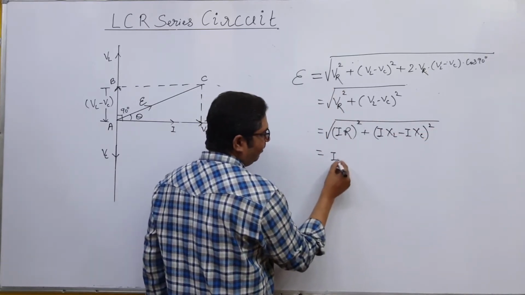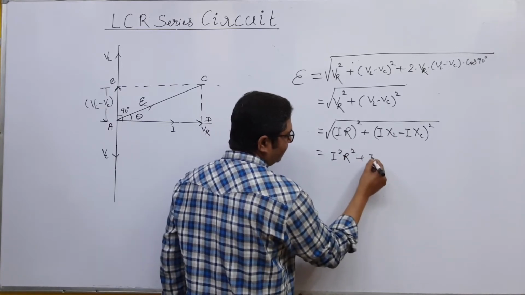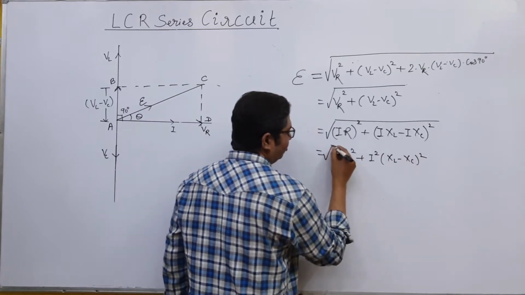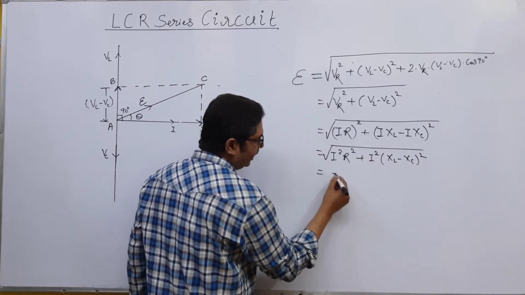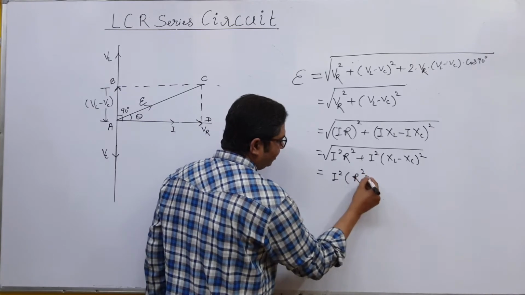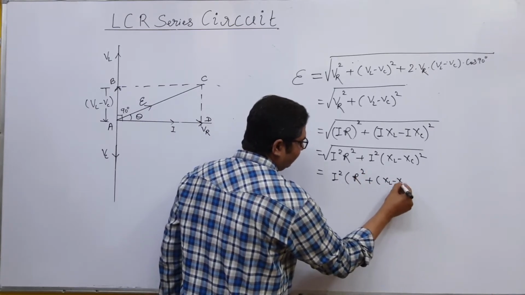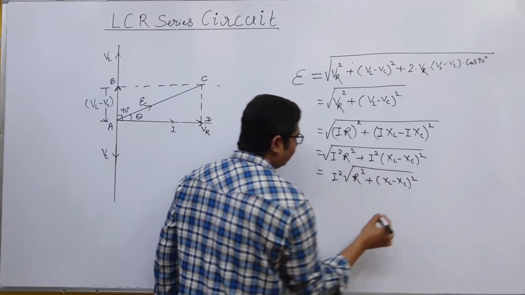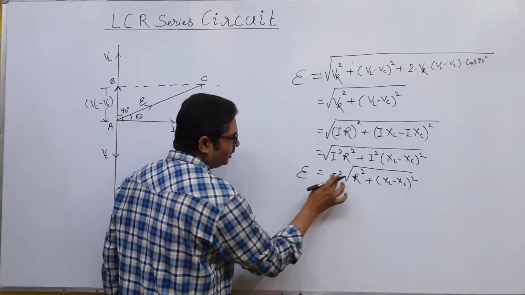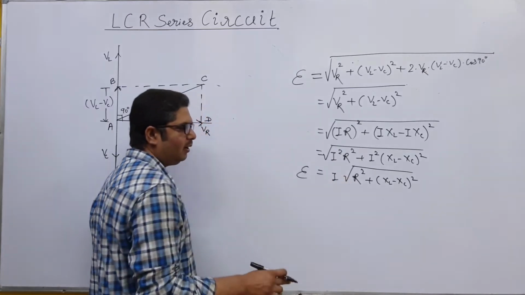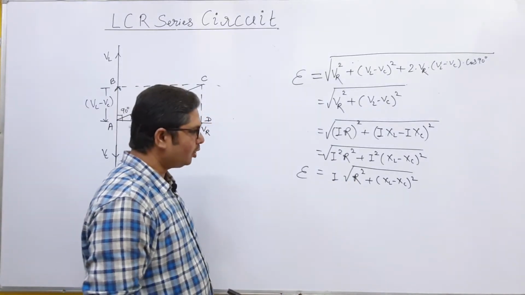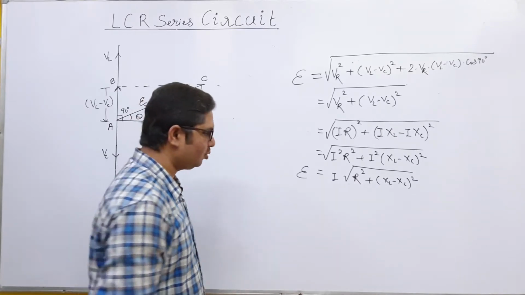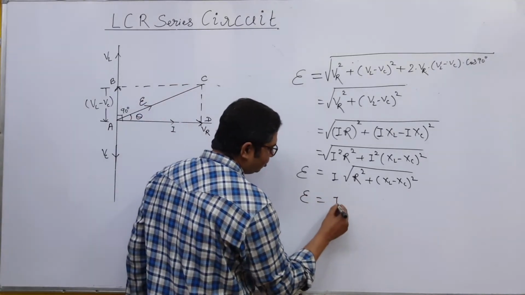Now from here you have I square R square plus, take out I square, so (XL minus XC) whole square under root. Take out I outside, so you have the root of R square plus (XL minus XC) whole square. So E is equal to I, not I square, because we took it out from the root. So E equals I under root R square plus (XL minus XC) whole square. This is written as E equals I into Z,